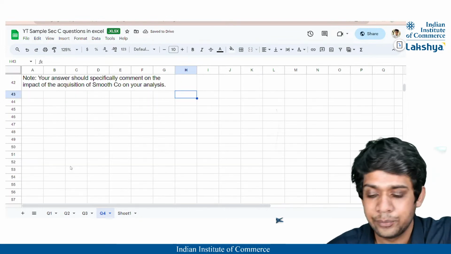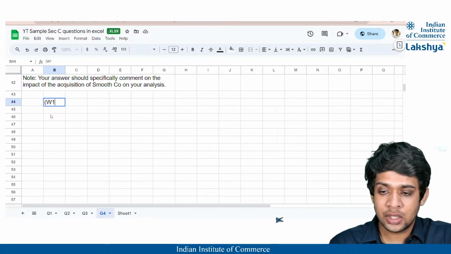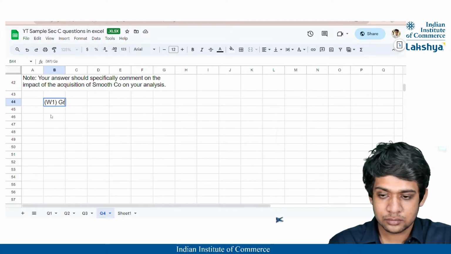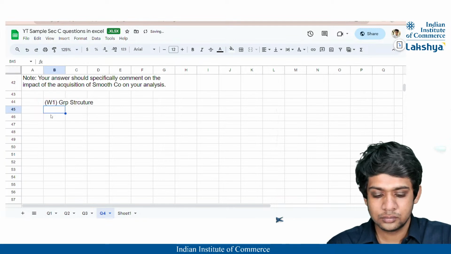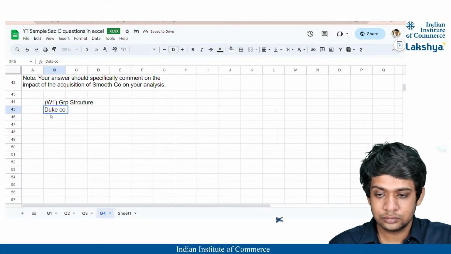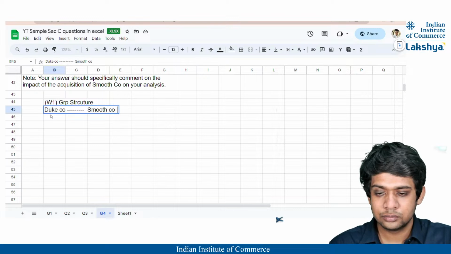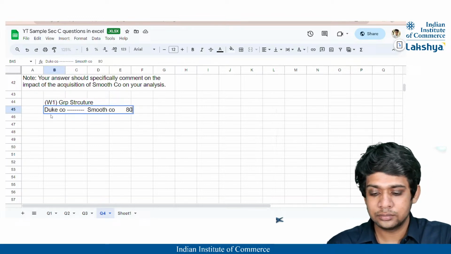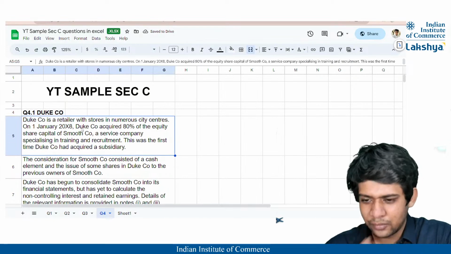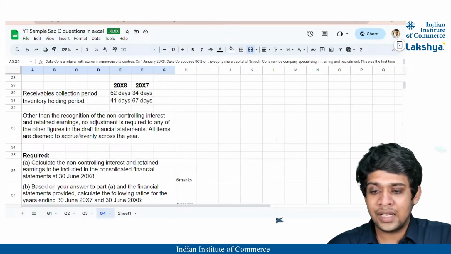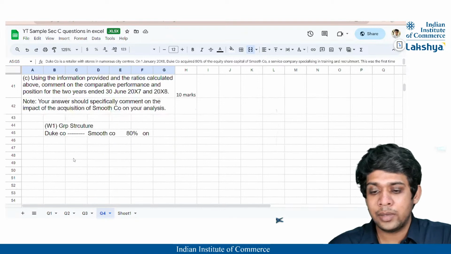तो मार्क्स कमाना शुरू करें, राइट। पहले तो गाइस हम लोग लिख देते हैं ग्रुप स्ट्रक्चर क्या है। तो ड्यूक कंपनी ने एक्वायर किया है स्मूथ कंपनी को, 80% एक्वायर किया है एंड ऑन 1st January 2008। एंड ये जो हमें प्रोवाइड किया है दैट इज फॉर 30th June 2008, है ना। मतलब ये मिड ईयर एक्विजिशन है।